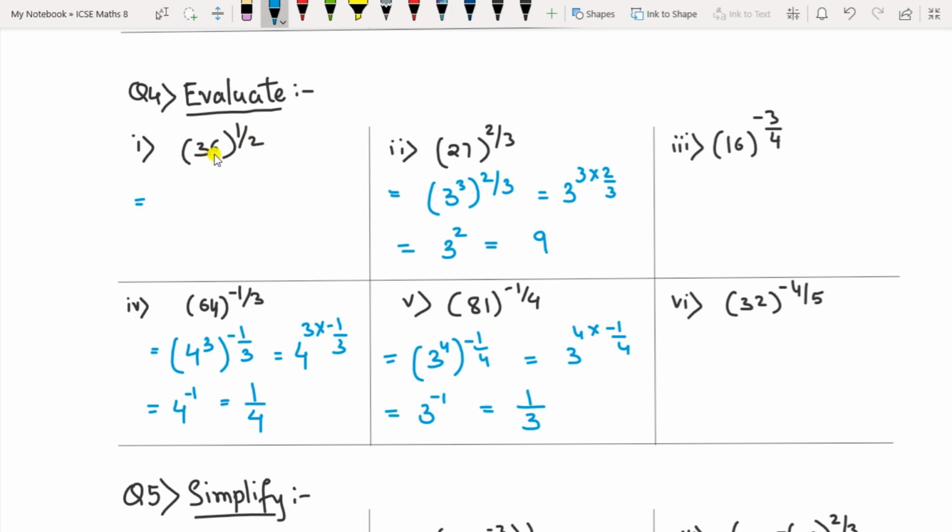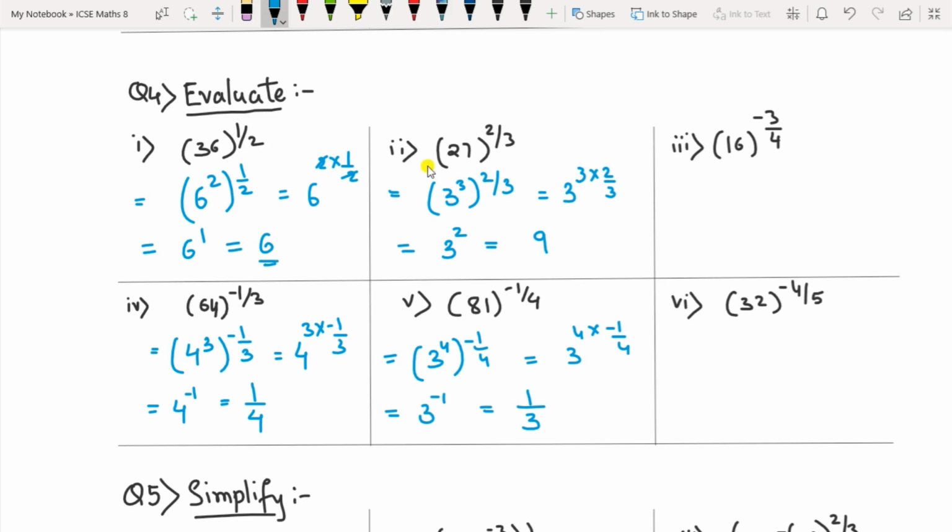So write the factor of 36 in the form of the power 2 here. So it is 36 means 6 square. 6 square is 36 and raised to 1 by 2. So these 2 will get multiplied, that is 6, 2 into 1 by 2. Here 2 will get cancelled, that will remain 6 raised to 1. 6 raised to 1 means 6 only.